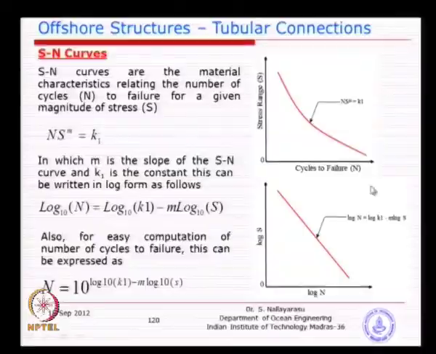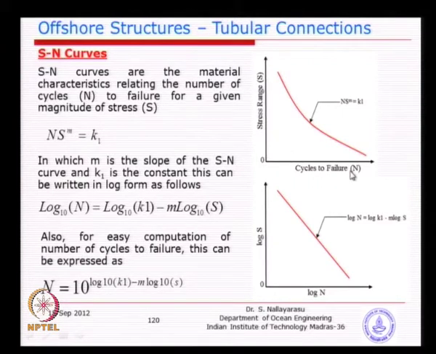On the horizontal axis is the number of cycles applied. The larger the number of cycles you apply, the smaller the stress range you require to break the connection. Or if you go for a larger stress or effort, then you may break it in a smaller number of cycles. That means any number of combinations of number of cycles and stress range can fail the same joint. So, this statement here is correct.